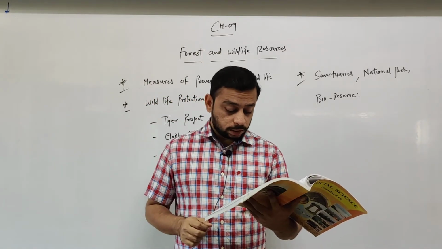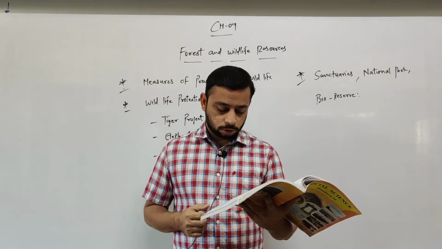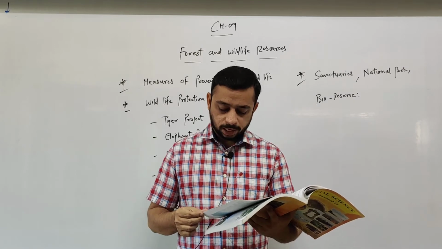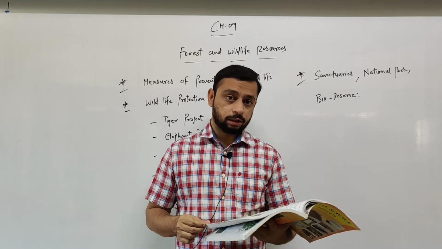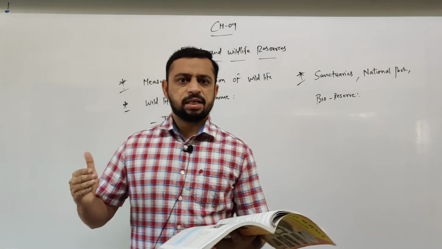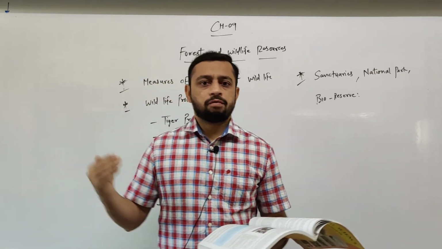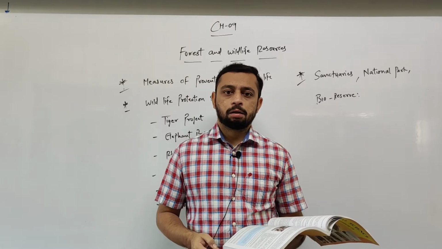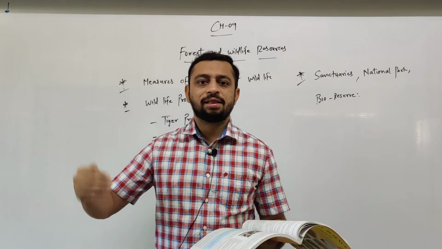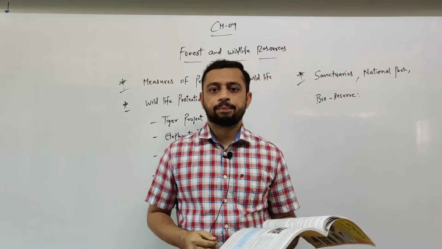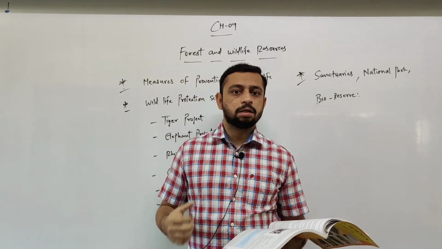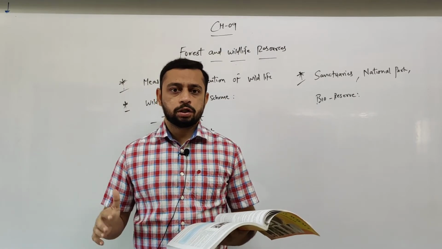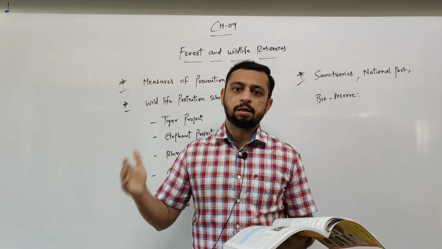For this, steps like maintaining the water sources in the forest, and restrictions on grazing of domestic animals should be taken, right? Certain areas should always be preserved in the forest. No humans or no other animals, right, allowed to be grazed in that territory or in that area. Government need to take certain actions to preserve this forest. Certain restrictions or certain boundaries should be made in the forest.